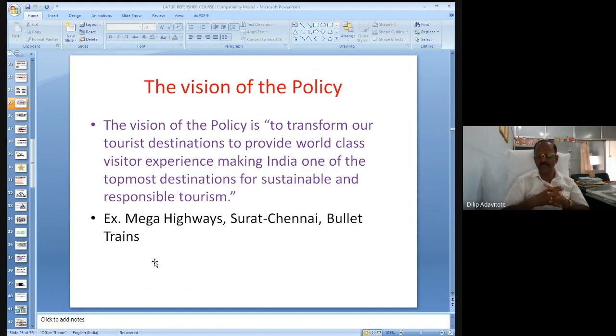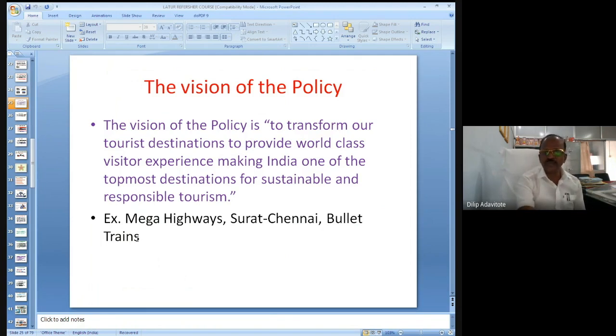This policy explains what we are expecting. We are transforming our destinations by making world-class facilities for tourists across the world. And our duty is to give them a sustainable life at the destination, and we behave as responsible tourists at tourism destinations. And one important network, that is the road transport network, is making a very huge miracle in our country,